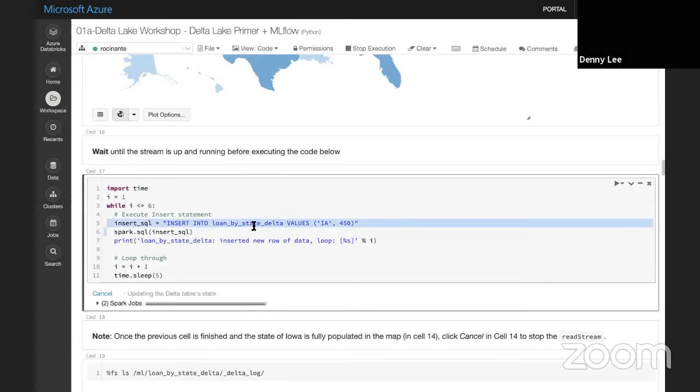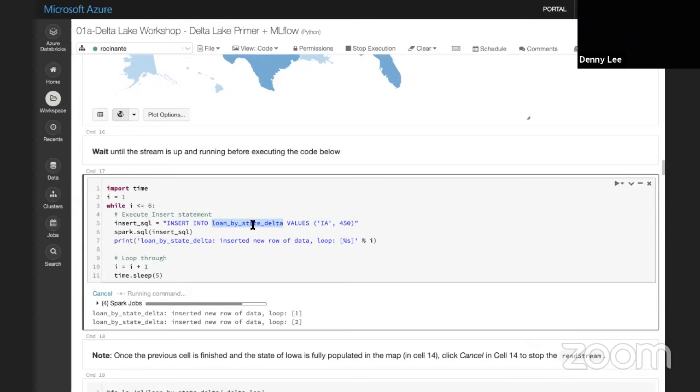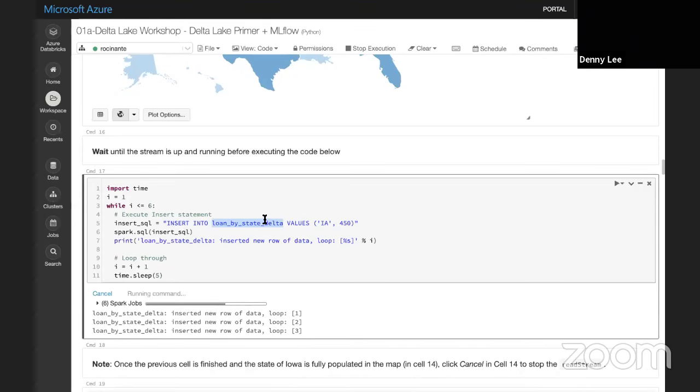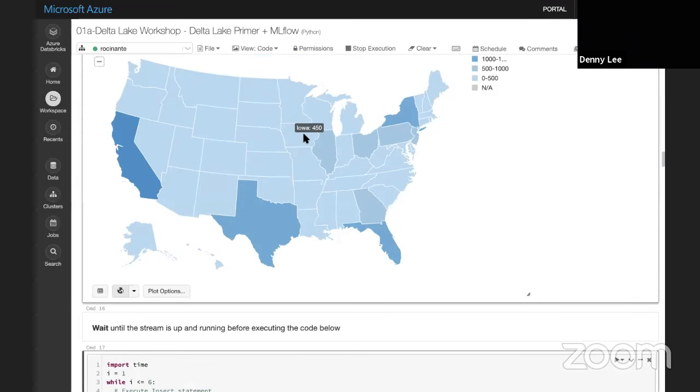Now, note the fact that I'm inserting data into loan by state Delta. What that means is I'm inserting data into the batch table, not the read stream, not the write stream, but the batch table. It's ultimately going to the same file system, but it's right now doing a batch process of insert as opposed to doing a write stream. And what you notice is that Iowa is slowly and steadily building up more data. As you can see, it's progressing from 450 to 900